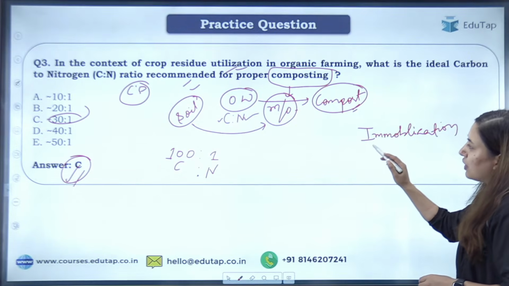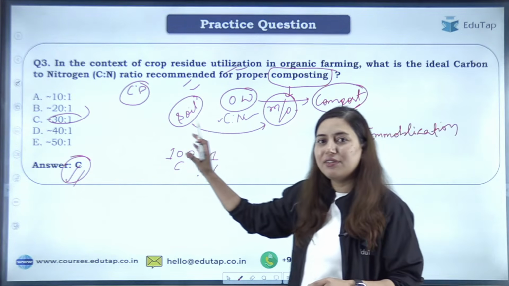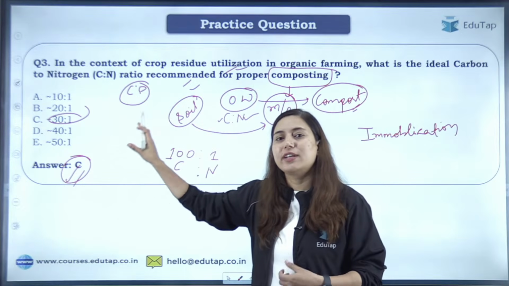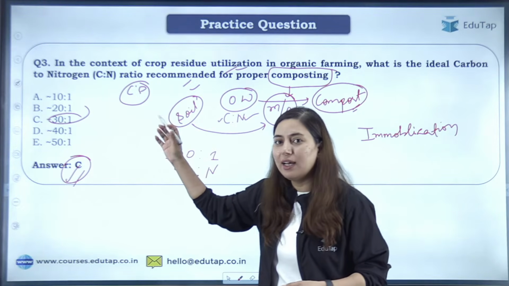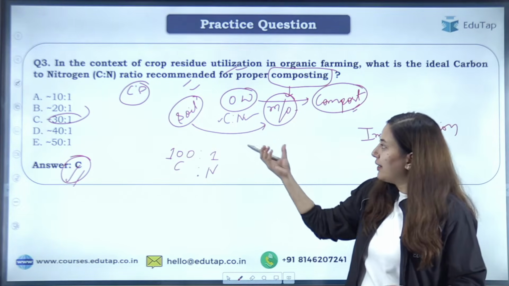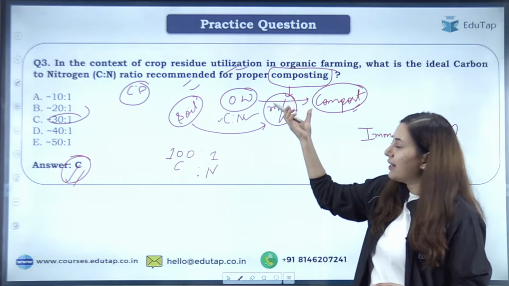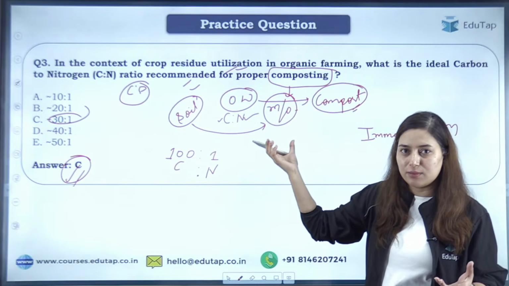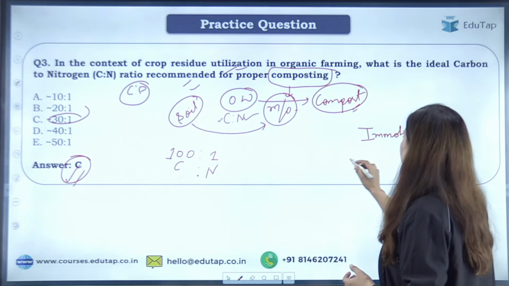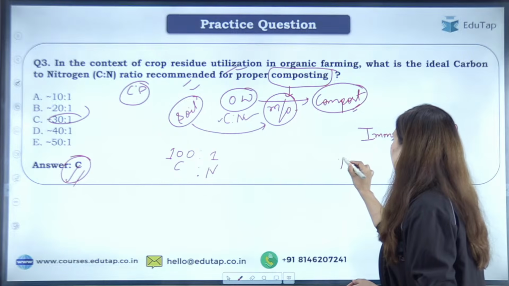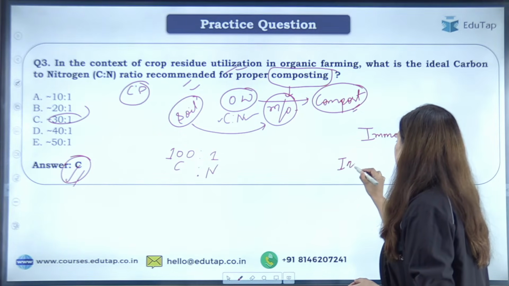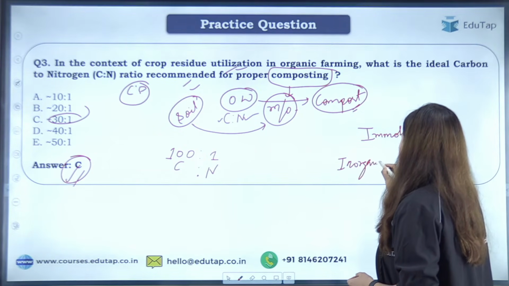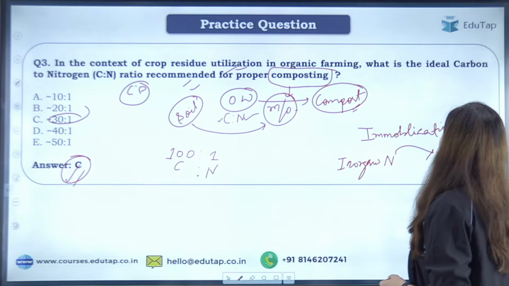इमोबिलाइजेशन क्या है? कन्वर्जन ऑफ फ्रीली अवेलेबल नाइट्रोजन और इनऑर्गेनिक नाइट्रोजन विच इज प्रेजेंट इन सॉइल टू ऑर्गेनिक नाइट्रोजन. ऑर्गेनिक नाइट्रोजन कैसे हो रहा है? क्योंकि माइक्रो ऑर्गेनिज्म उसको एब्जॉर्ब कर रहा है एंड दीज माइक्रो ऑर्गेनिजम्स आर लिविंग माइक्रो ऑर्गेनिज्म. ठीक है, तो ये याद रखना है आपने कि कन्वर्जन ऑफ इनऑर्गेनिक नाइट्रोजन टू ऑर्गेनिक नाइट्रोजन,